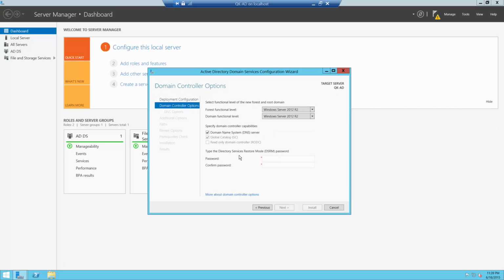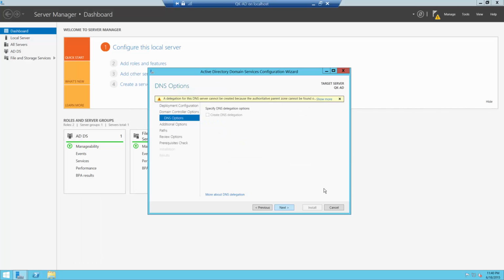Okay, so in this tab it will ask you for the forest password. Basically, if in the future you want to add another domain to this forest, then you need this password again in order to add those domains to this controller. So let me put some password here. Next,